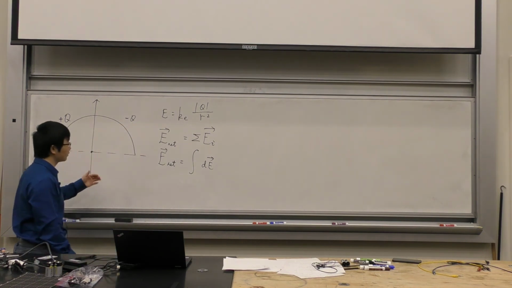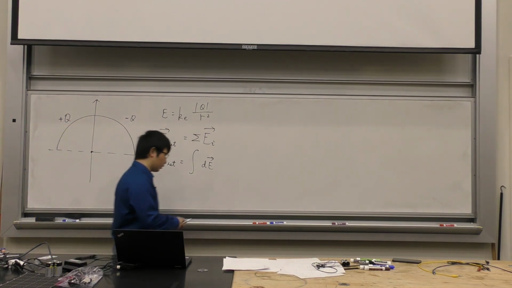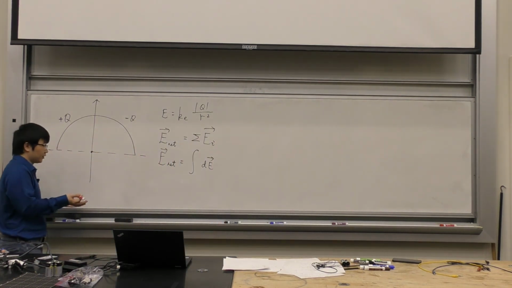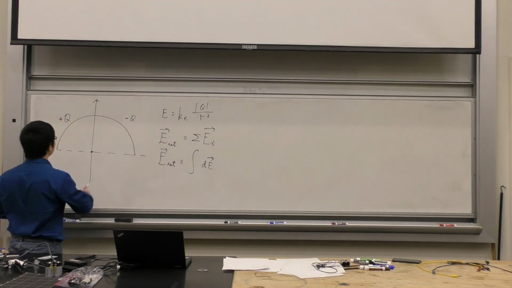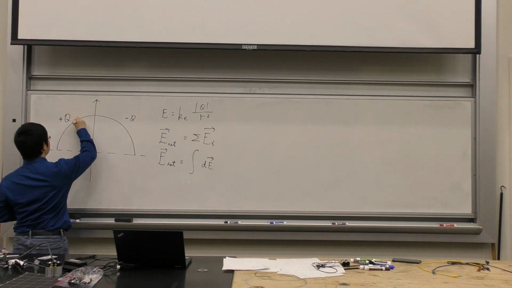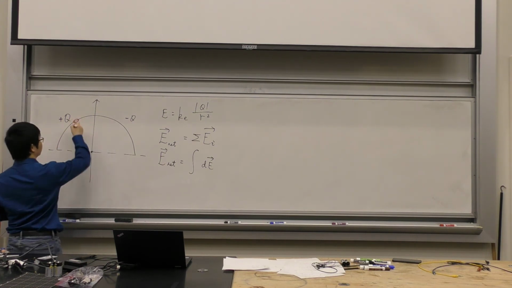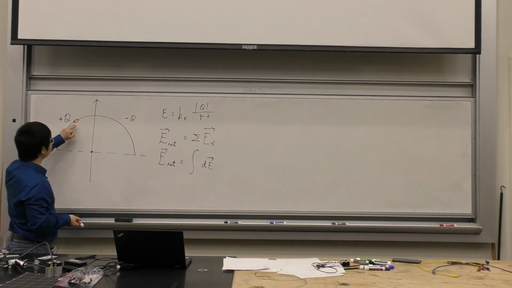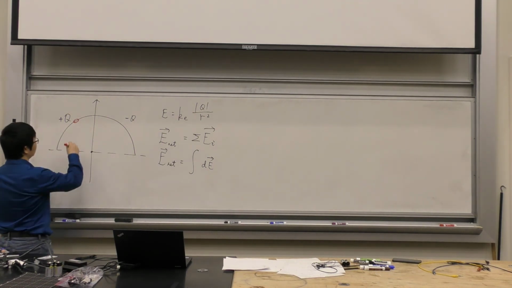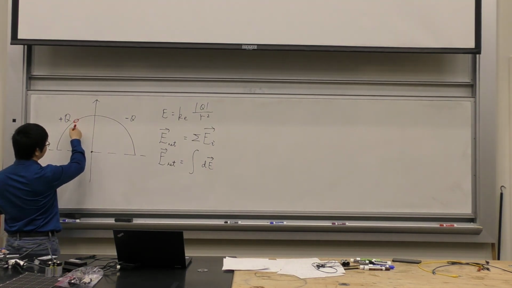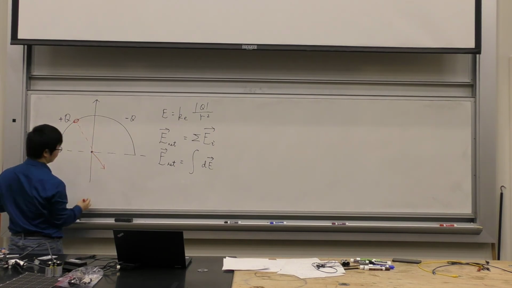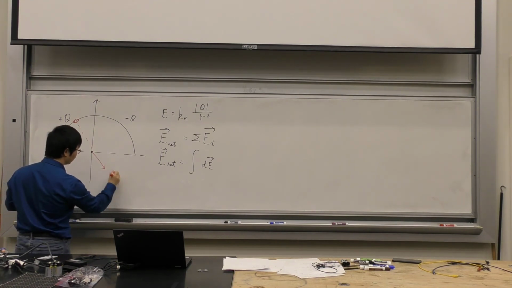So let's apply the same theory in this problem. So now I'm going to pick an infinitesimal charge, infinitely small, at some point. Doesn't matter which point you pick. Say I want to pick this piece, a very, very small piece. So this is positive. How do I find the electric field created by this very small piece I pick? Well, first of all, this is going to be positive, so the electric field is going to be away from it. So if this is what I call E1,